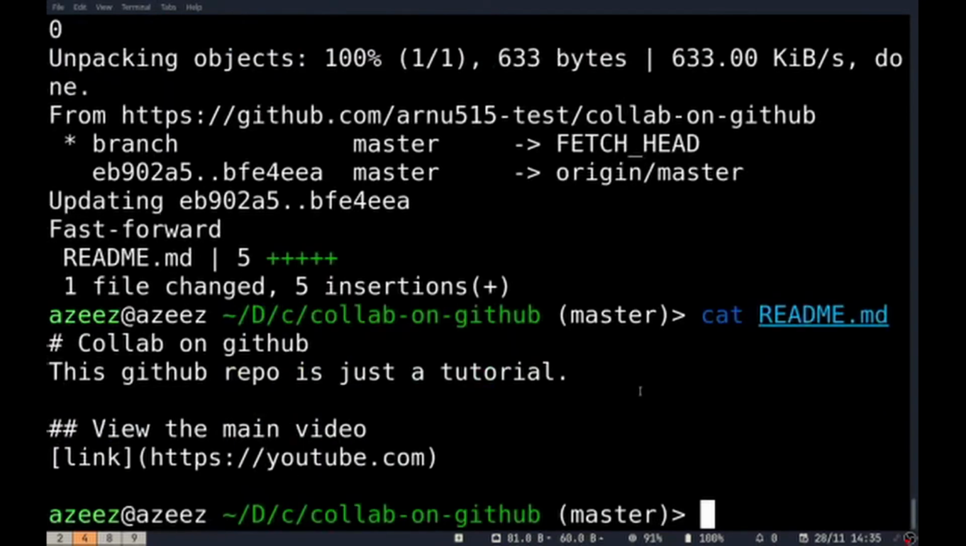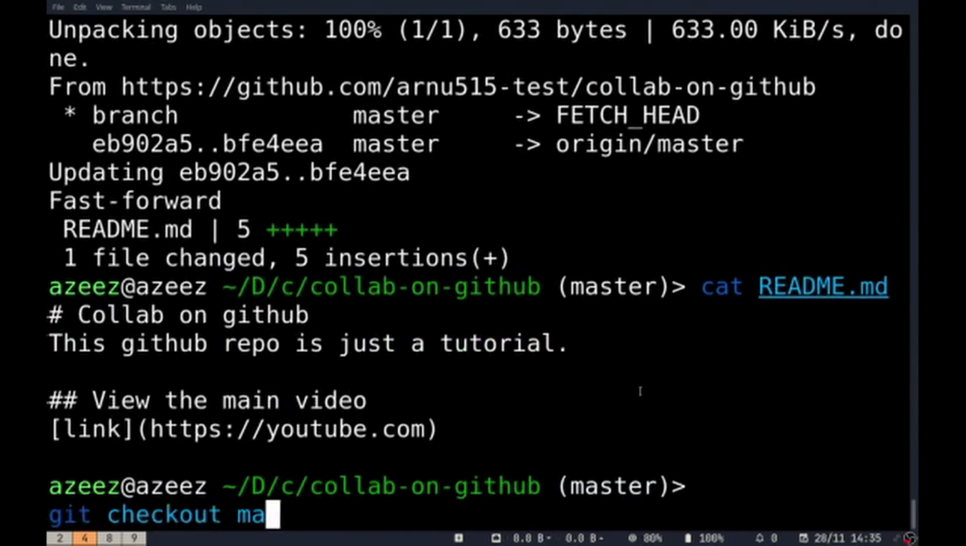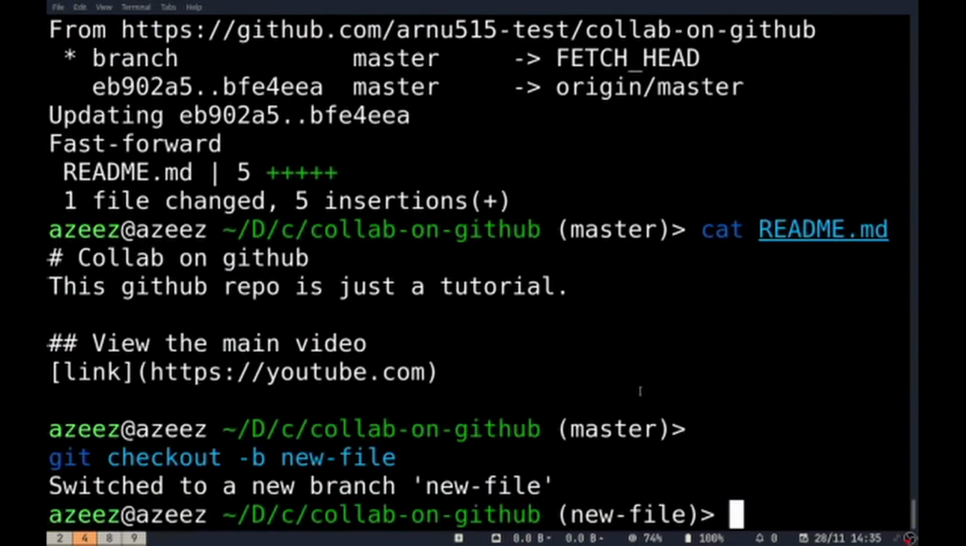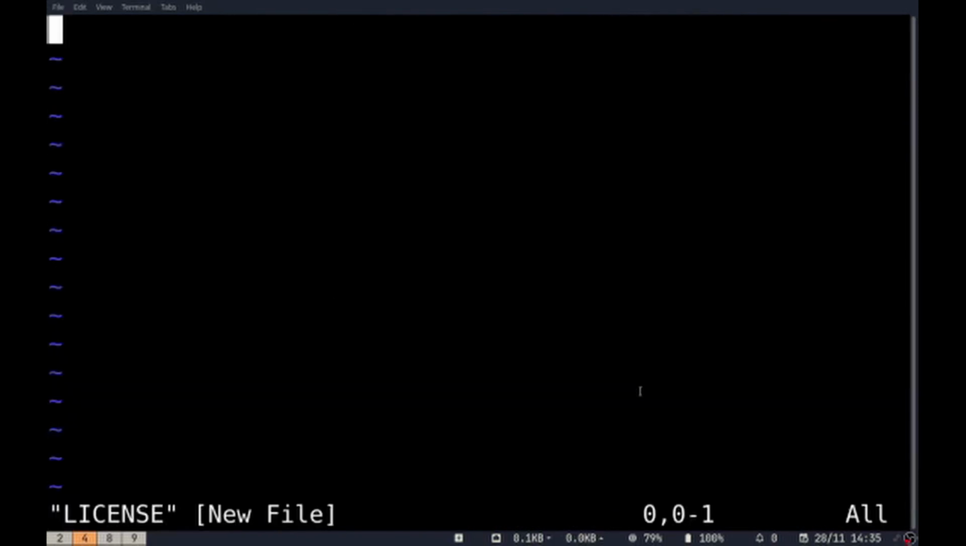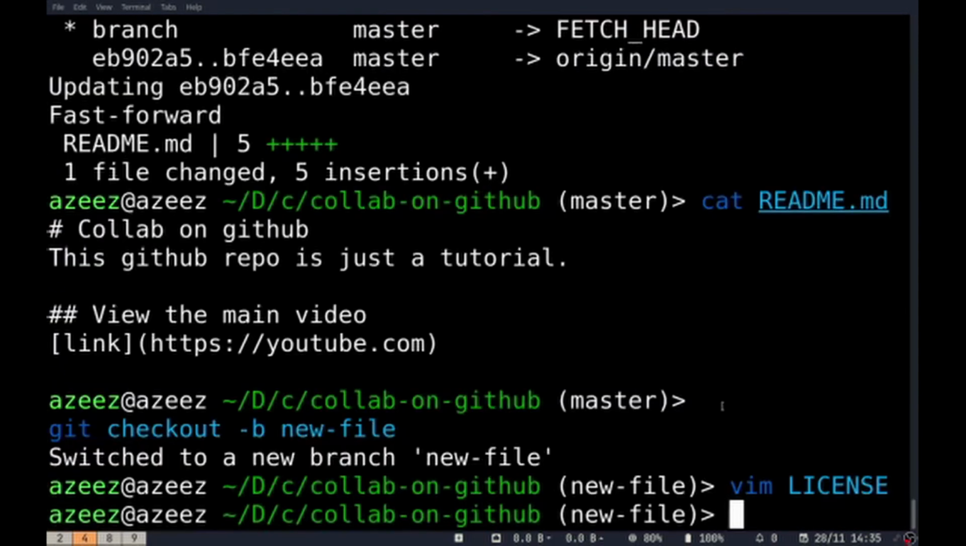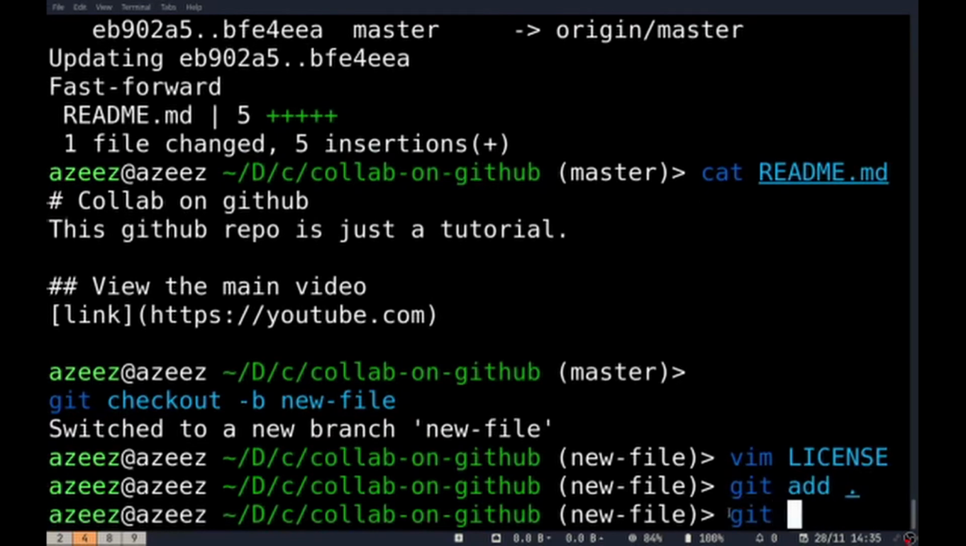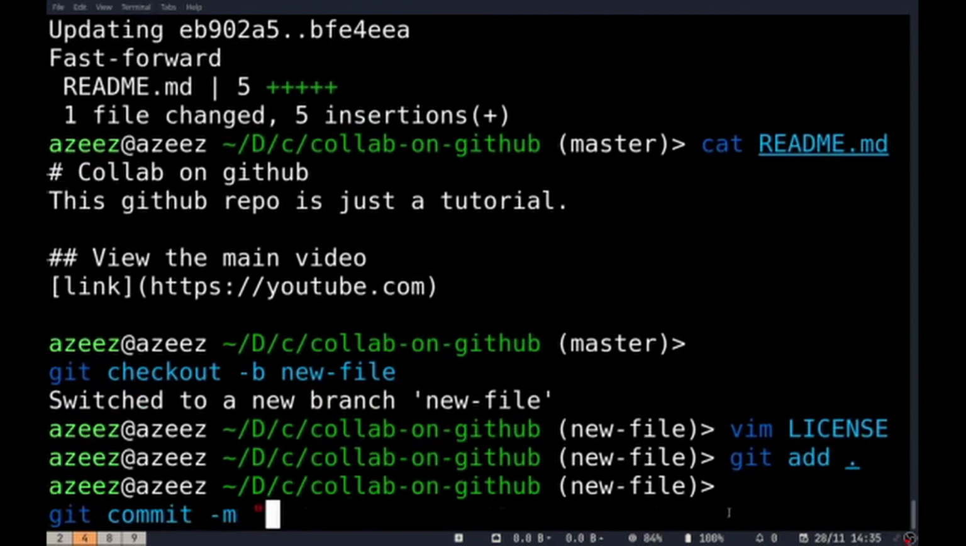And now I'll show you one more thing. I'll show you how you can decline pull requests. So let's create a new branch again. So git checkout -b new file. I'll add a license, for example. So I'll say vim license. I'll just duplicate that, write that, and now I just have to add this. So git add and git commit -m add license,